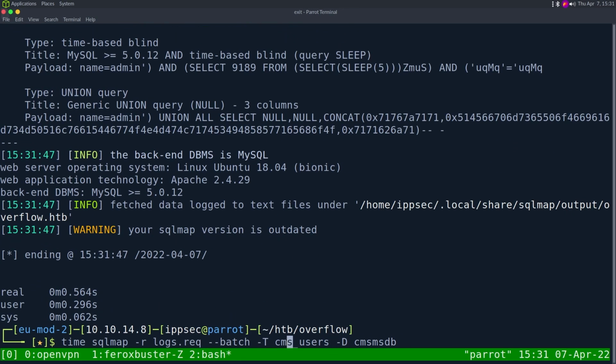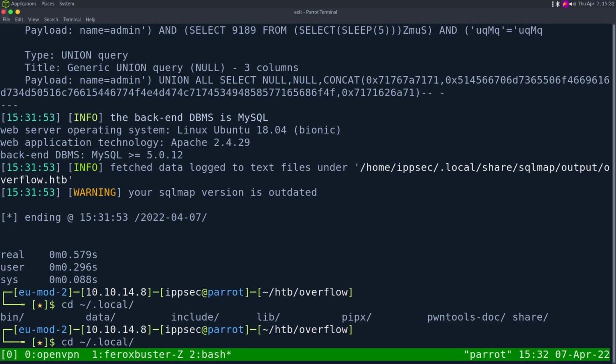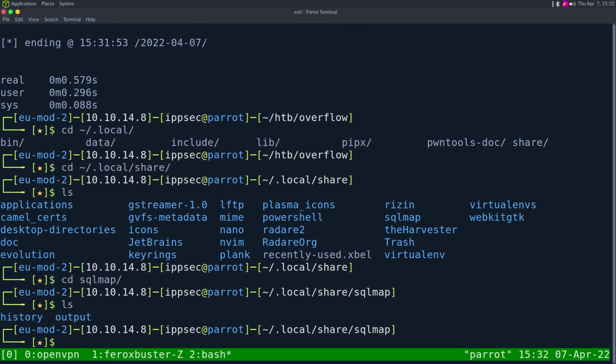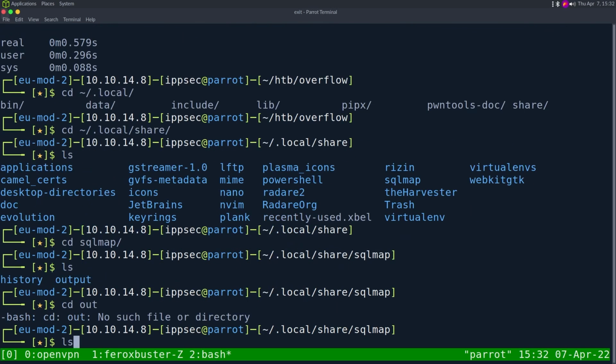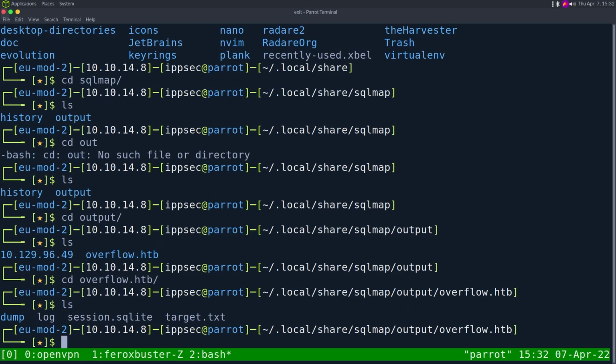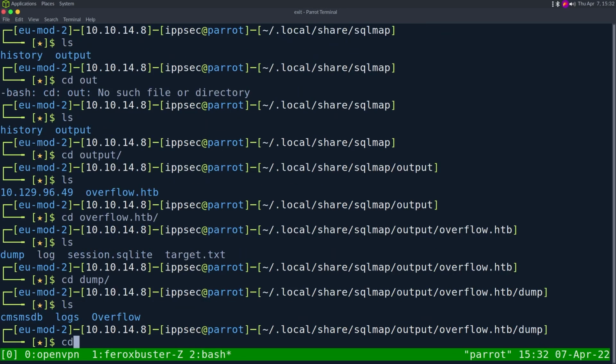I forget exactly how to specify an exact table in SQLMap. But the way I generally go about it is I just dump everything because I want the whole database. And then I go into .local, what is it? Share, I believe. And there's a SQLMap directory here. This is where it stores all the history of your commands. And then I go into output, and then overflow.htb, and we can go into dump, and it dumps everything